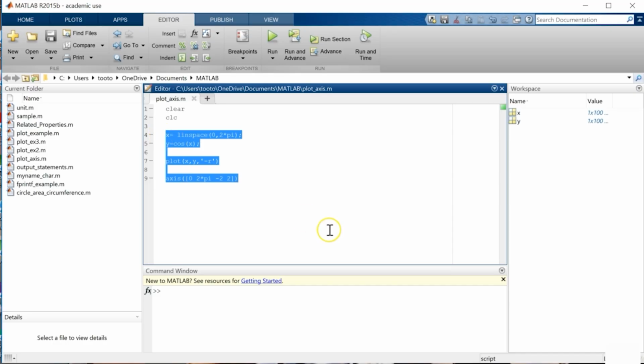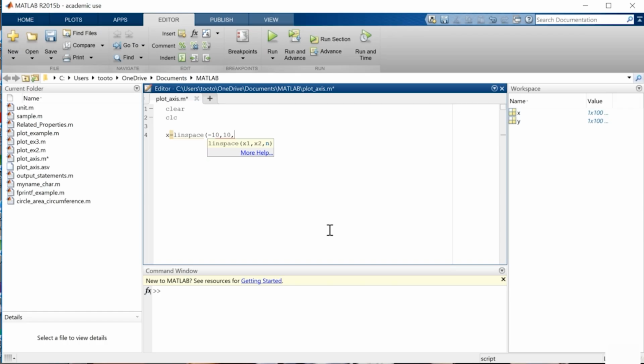Similarly, we can use the same function for more complex problems, like x in linspace from minus 10 to 10, divided into 200 points, and then y equals sine of 4x, divided element by element over exponential of 0.1 x, and then plot x and y. Axis would be,